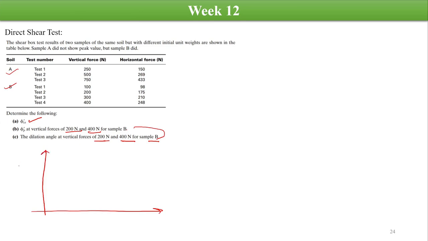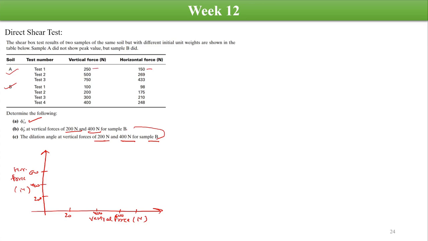So in the x-axis, we can have the vertical force component, and the y-axis we can have the horizontal force component, right, in Newton. Here it will be 200, 400, 600, and like that. Here also it will be 200, 400, 600. It's like that. So if we plot the test A results first, then we'll see the first one is having